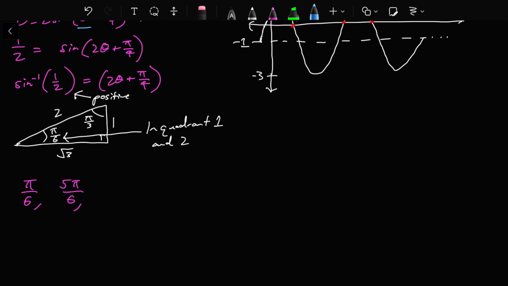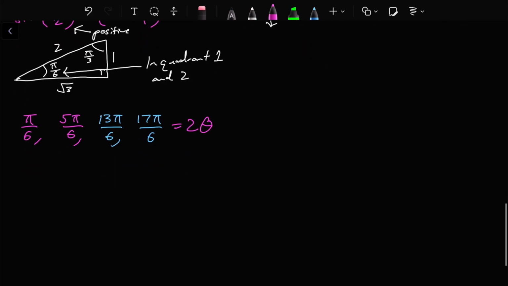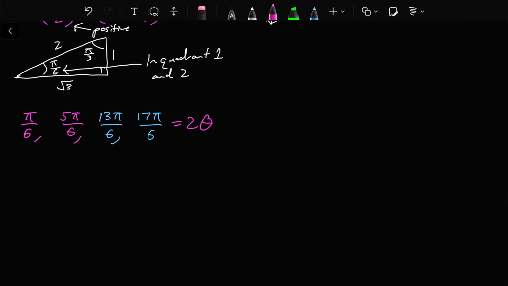We're sort of overextending, knowing that the division is going to bring them back in. So what are the angles up to 4 pi? Well, we get 13 pi on 6, and then we get 17 pi on 6, okay, is all equal to 2 theta plus pi on 4,